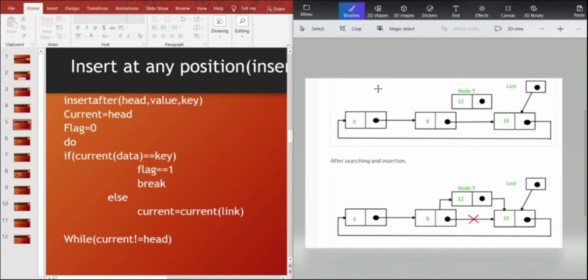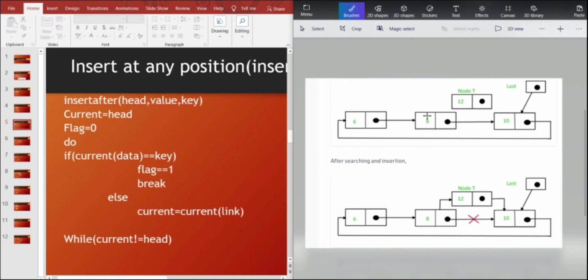Then we check whether the current of data is equal to the key. The current is now the header node, and the current of data is 6, the key is 8. So current of data is not equal to key. So we set the current equal to current of link.